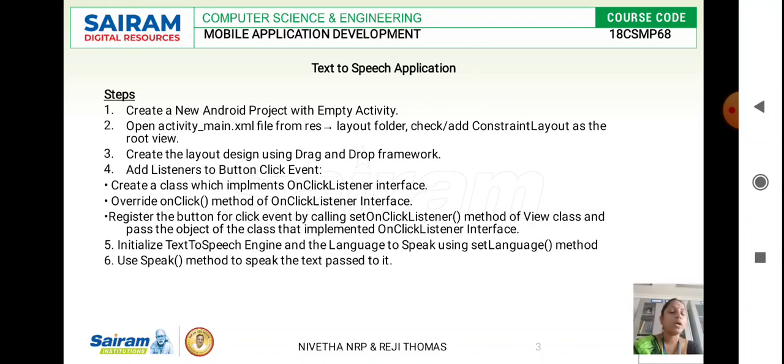Only when you add the listeners to the button click event, when a button is clicked, it is going to trigger its functionality for that particular button. What function has to be performed, you are supposed to give using the listener to the button click event, to trigger the action that has to be specified by the button when it has been clicked.